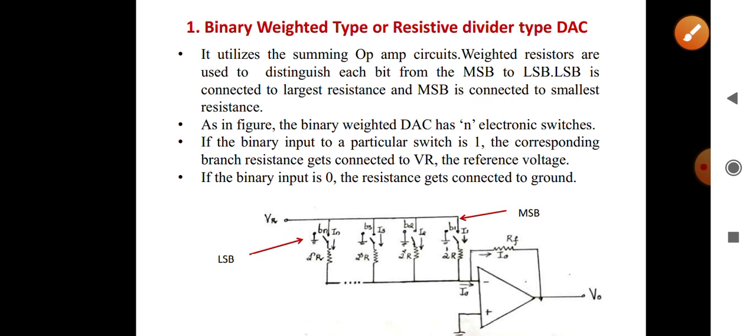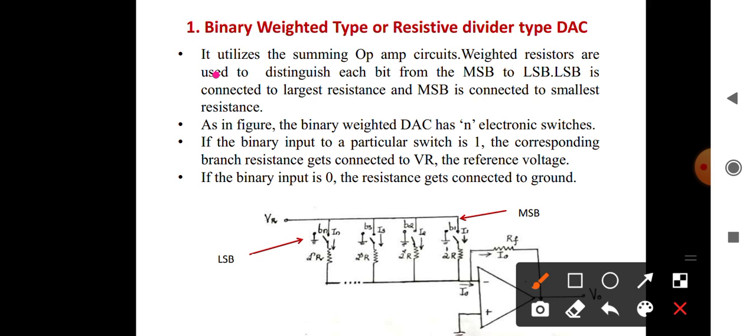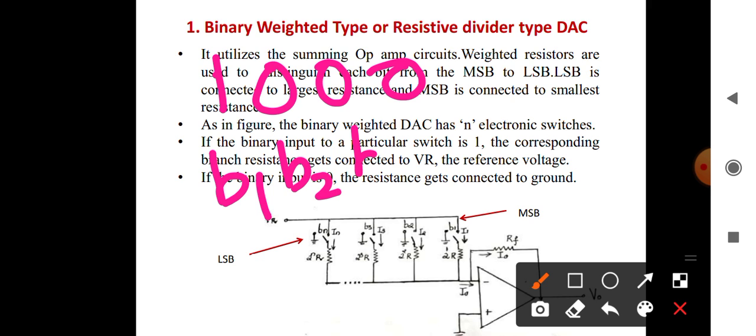Okay. So here, if we are giving the input as 1 0 0 0 as the digital input, it should be converted into the equivalent analog. So what is 1 here? B1 is equal to 1, B2 is equal to 0, B3 is equal to 0, B4 is equal to 0, right? B1 is equal to 1, so B1 equal to 1. What about B2, B3, B4? They are 0.